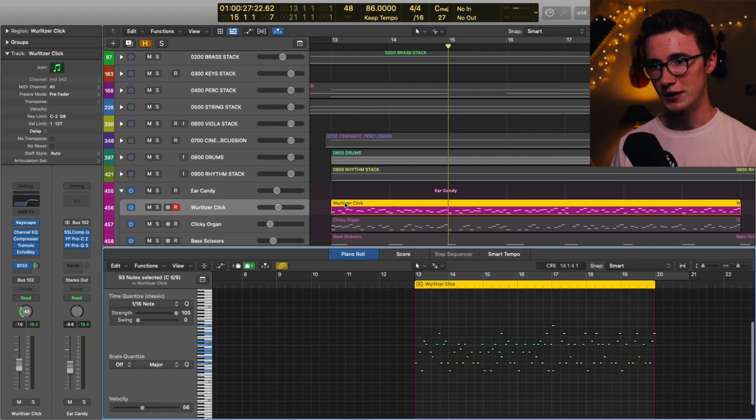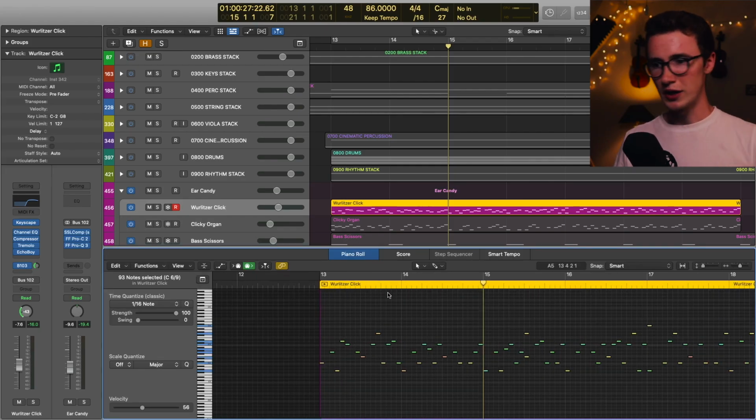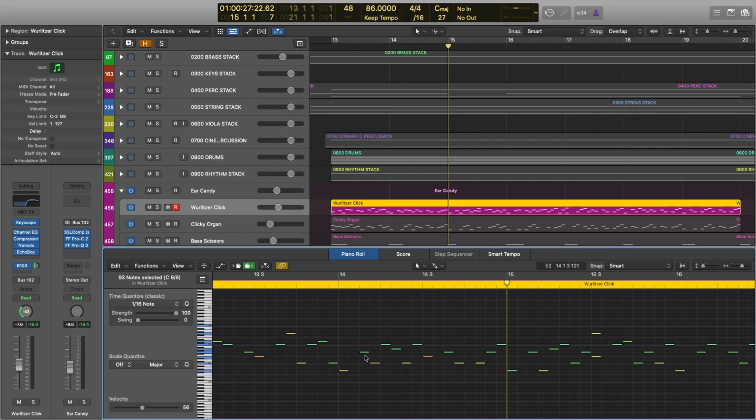Now if you play it right, you can see I've just bashed around on the keyboard. So you can see here that not only have I quantized the notes to a 16th note, but I've also made sure that every single note is exactly a 16th note long. And this means that when I put down the note and then I lift it back up again, it's almost like it's playing a second semiquaver. If I play this with the click,